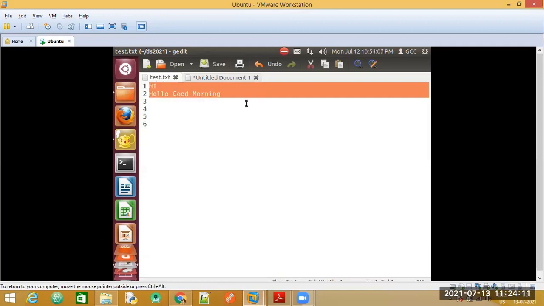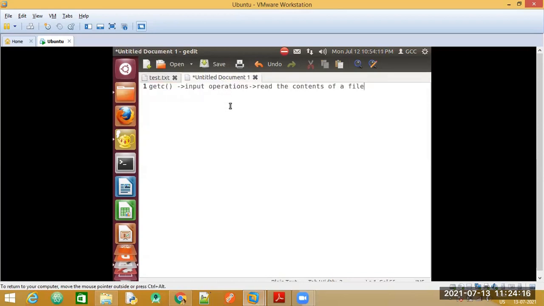Now the getc function here is capable of reading a single character at a time from the file. What is the meaning of that?